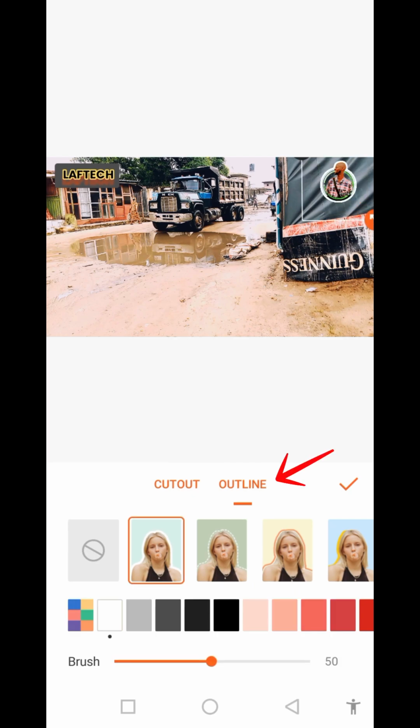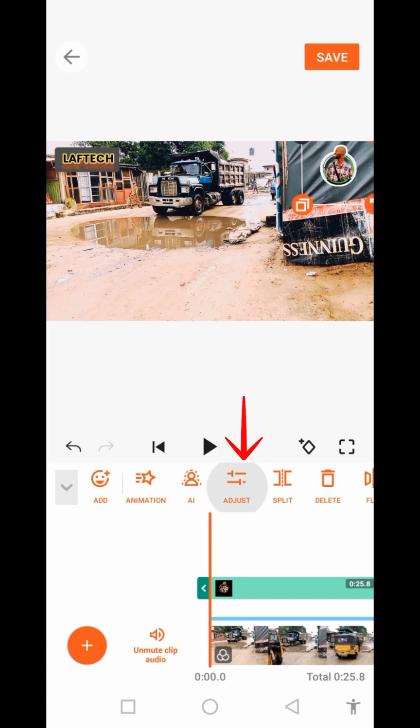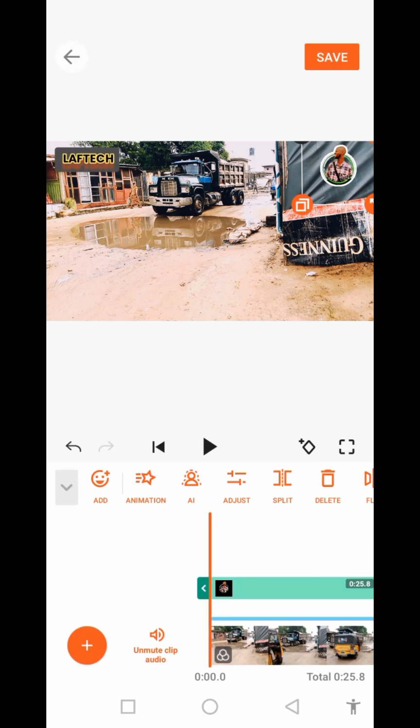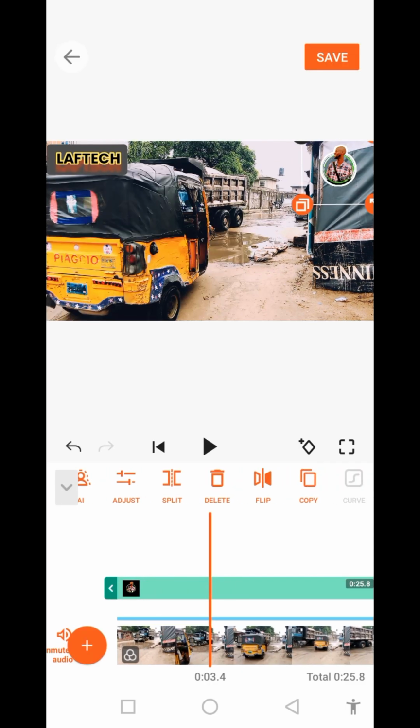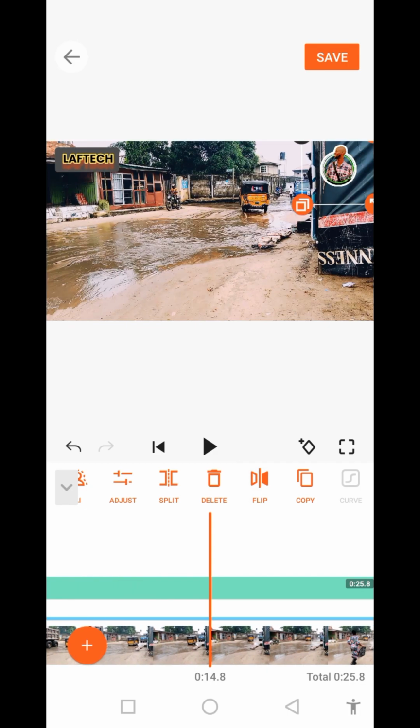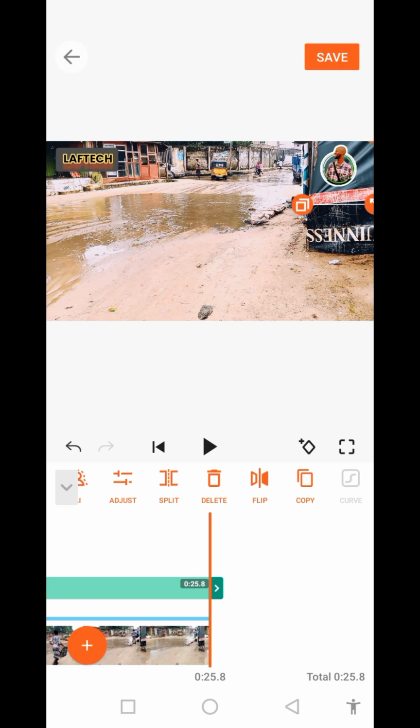Then you can put in an outline if you so desire. Thereafter you can adjust the opacity, or just click on OK. Then you can split, which I assume you don't need to do. You can also flip to change the position of how it looks. Then you can copy, which I've already explained, and this will be the end of this